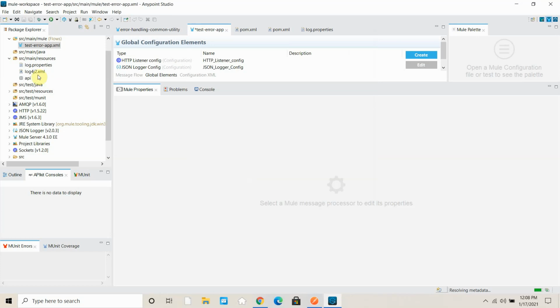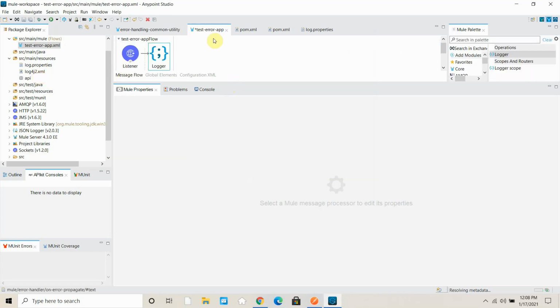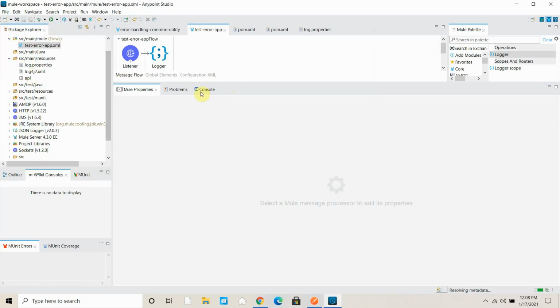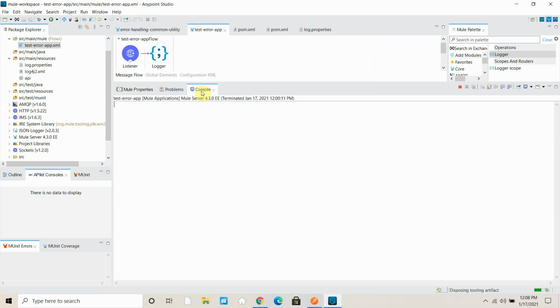Let me go back to my message flow and save all. Once I save, it should deploy the application. Let's wait while the application is getting deployed.